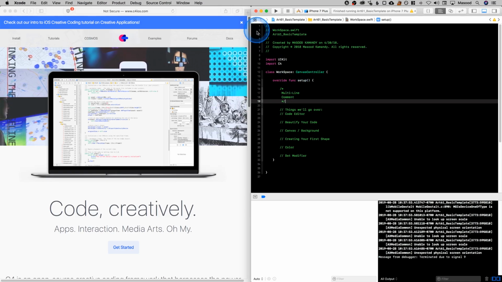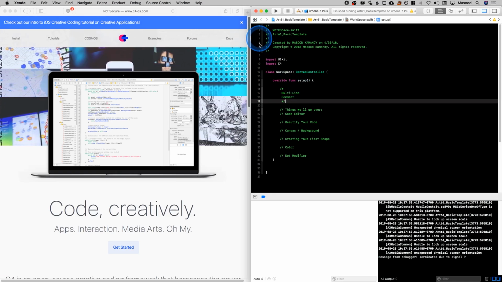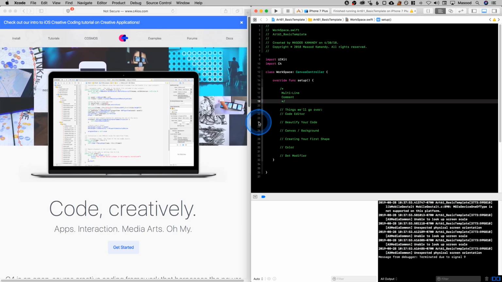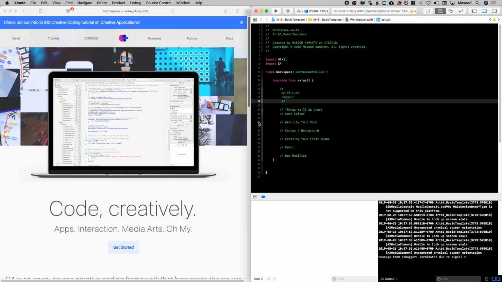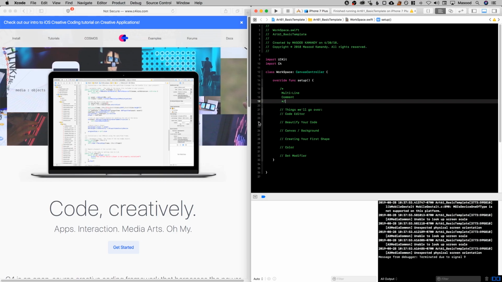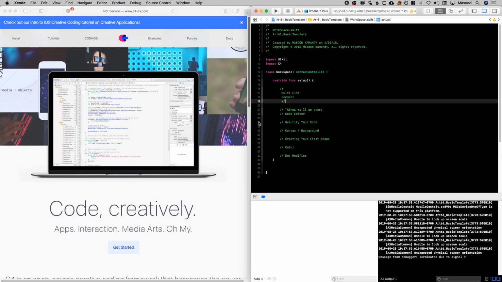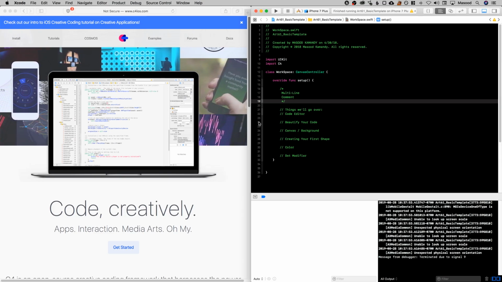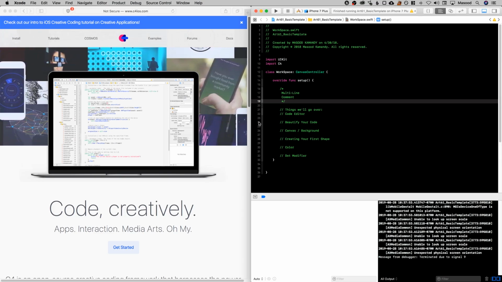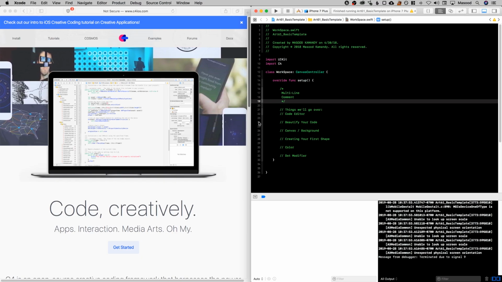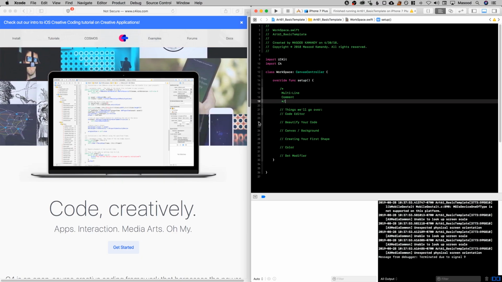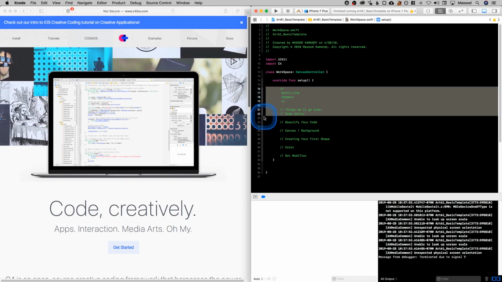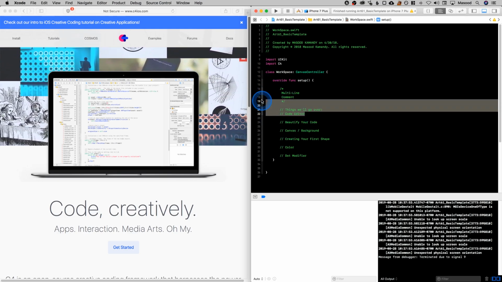On the left side of the code editor, you will see a row of numbers. These are all the line numbers. They help communicate if something's going wrong at line 40 or line 27, and one of your teammates needs to know about it. You can say, hey, I'm having trouble at line 27. Can you take a look at it? When you develop larger projects, there will be thousands of lines of code. So it's great to have a little address for different places. So that is the basics of the code editor, and we're going to move on to